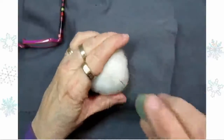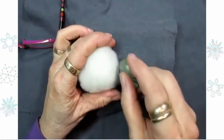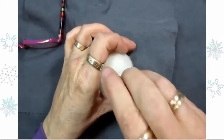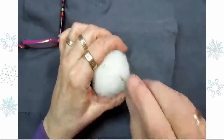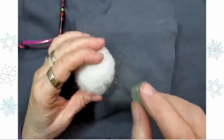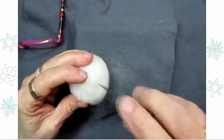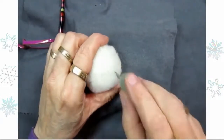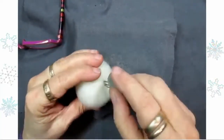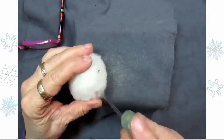Just rotate and needle until you get the ball better and better formed. This will also increase the firmness a little. For a snowman, it doesn't need to be really firm, as it might be with later sculpture projects that you might want to do. For beginning needle felting, snowmen are ideal because they can be relatively soft and still be fine. When you've made a nice ball, you can set your needles aside